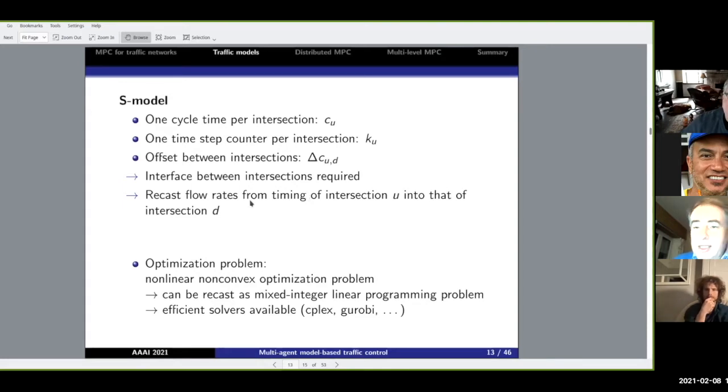But the idea is that with some linear operations, we can recast the flow rates expressed in the timing of one intersection into the timing of another intersection, and that's how we can interface two intersections. In general, this leads to a nonlinear non-convex optimization problem, but by using some tricks from piecewise affine